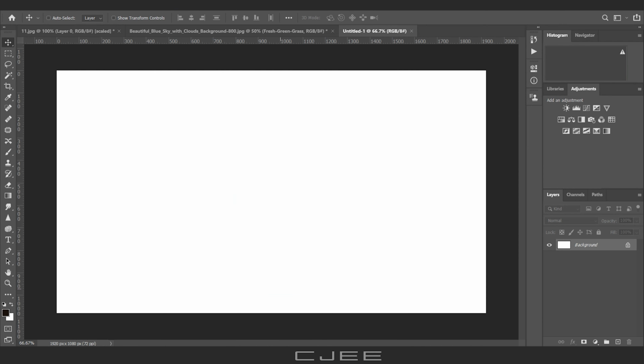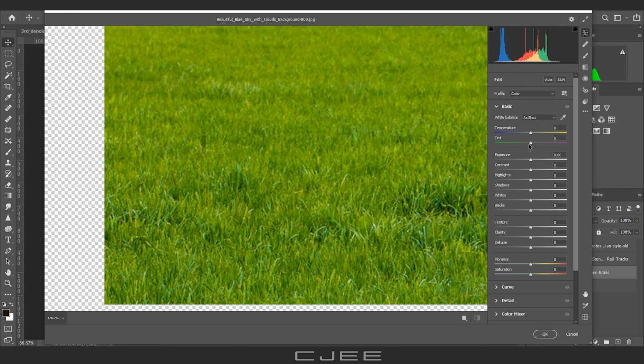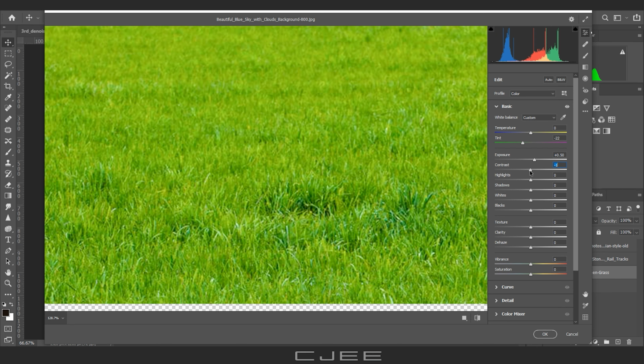To open the rendered file, we will use Photoshop, and we'll download our original picture of grass from Google, then open the downloaded image in Photoshop, and with the help of the Camera Raw filter, transform the picture into a painting.